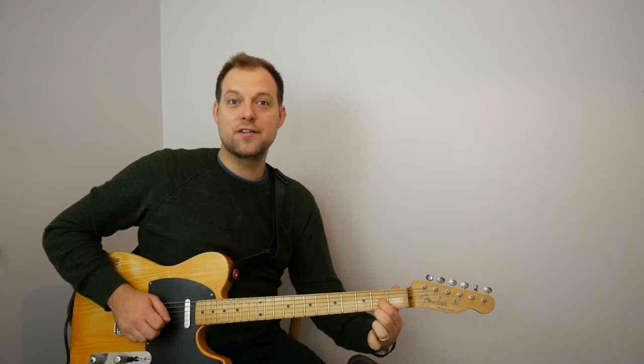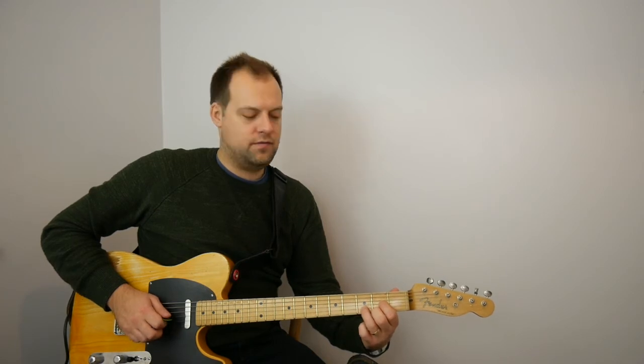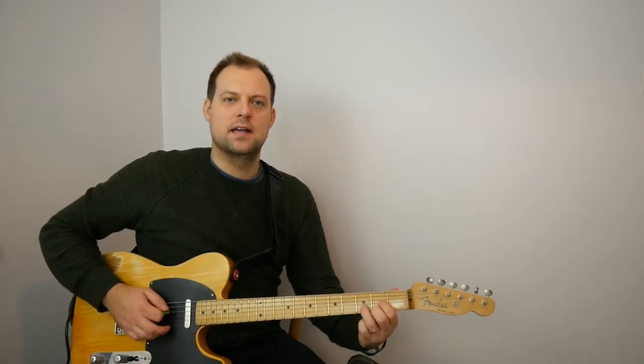Typical ways, 1st finger on the 2nd fret of the G, 2nd finger on the 2nd fret of the high E, and the 3rd finger on the 3rd fret of the B. Makes a little triangle, and you're playing the top 4 strings, D, G, B, and E. So,